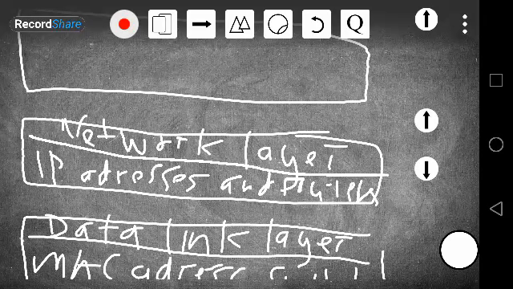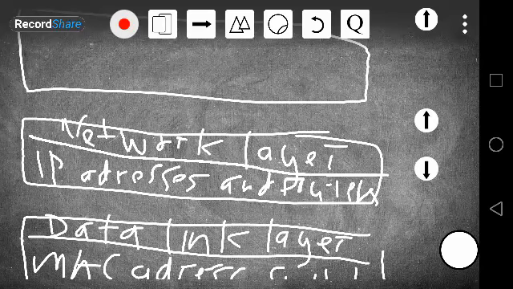It comprises of IP addresses and routers. An IP address is an address that uniquely identifies a device in a network. This computer has an IP address, this phone when it joins the network has its unique IP address, things like that. And routers handle the devices that are on our network. Okay,